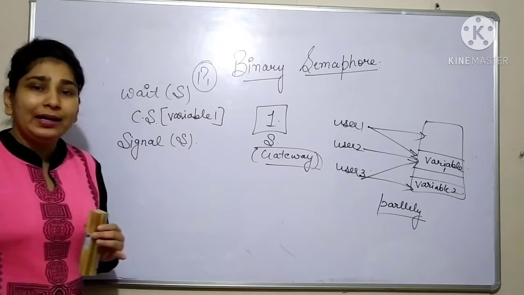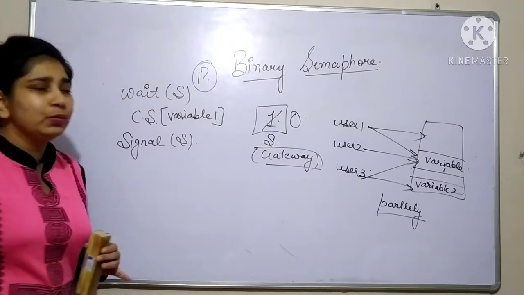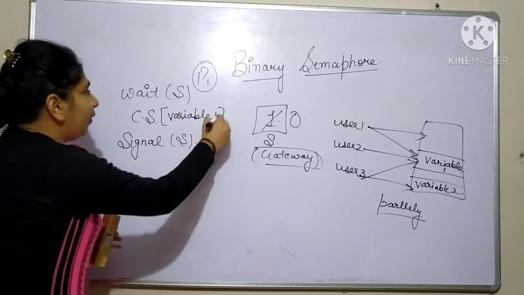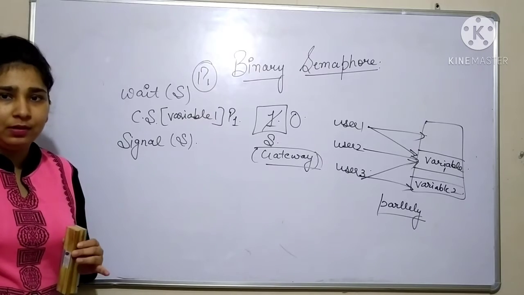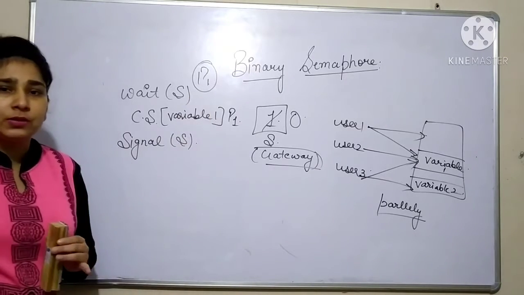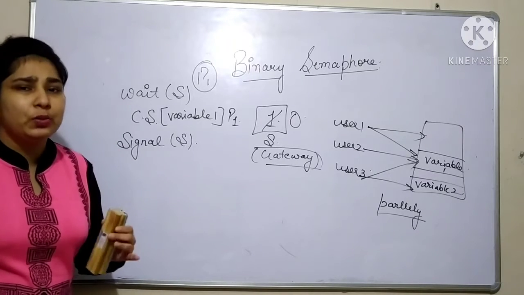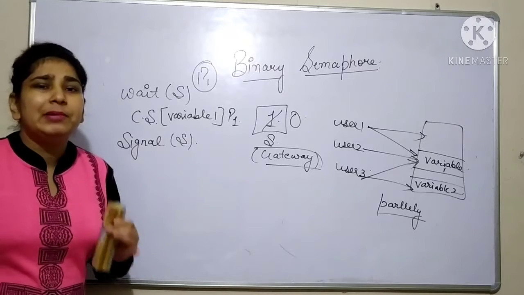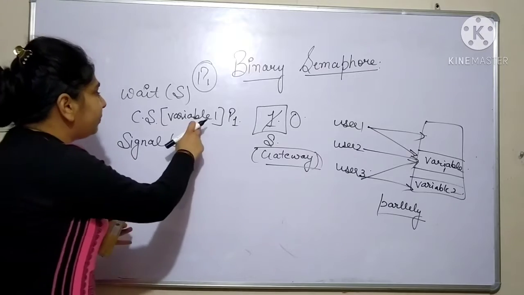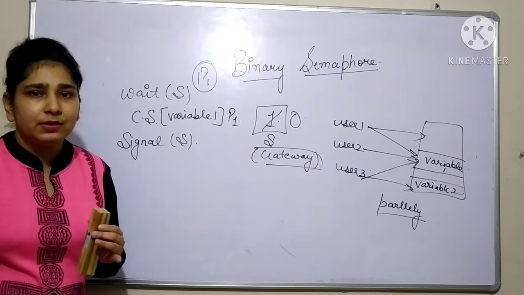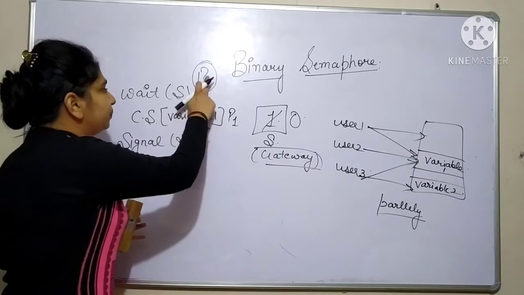So what is the wait operation going to do? It is going to make the value 0. Now your process P1 can enter into the critical section. Now let's suppose we got preempted. We are running multiple user requests or multiple processes in parallel, so at any time we can switch from one process to another. Let's suppose we switched to process P2.